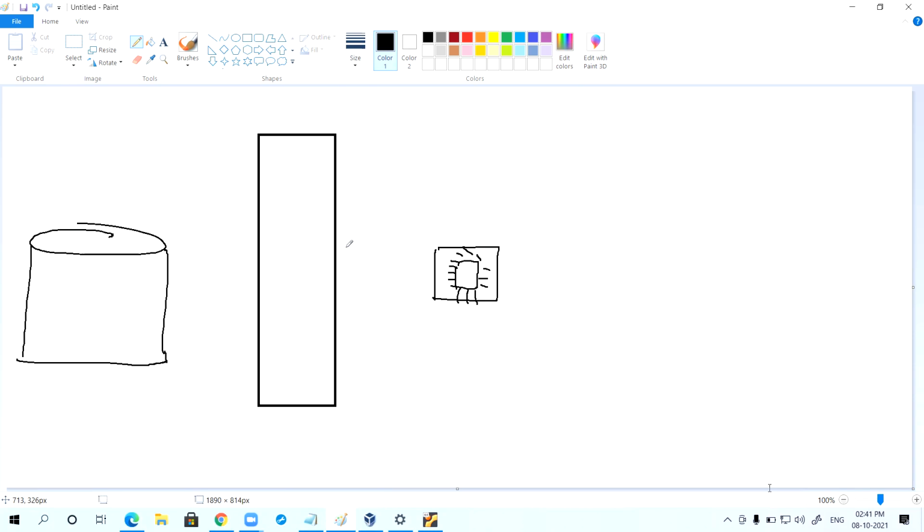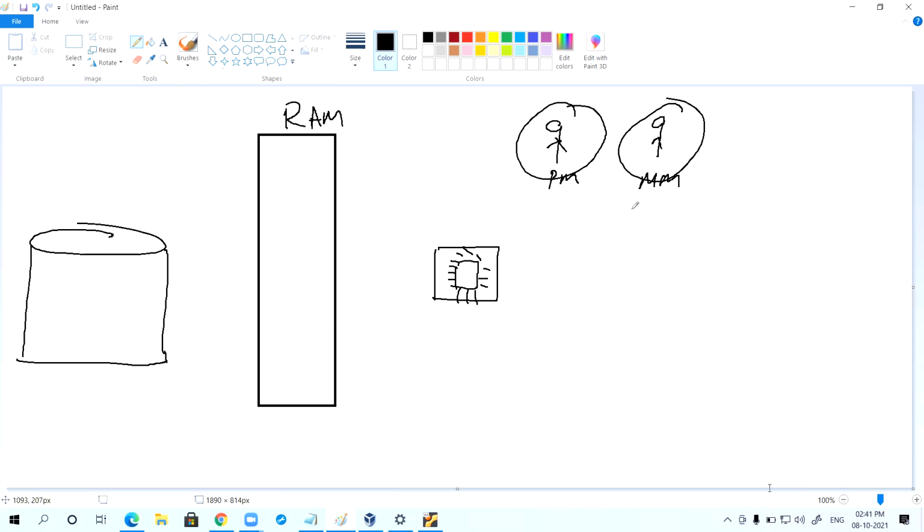Try to understand as simply as possible. When the process manager asks the memory manager to allocate memory in the RAM because a new process is going to come, the memory manager should not say there is no space.